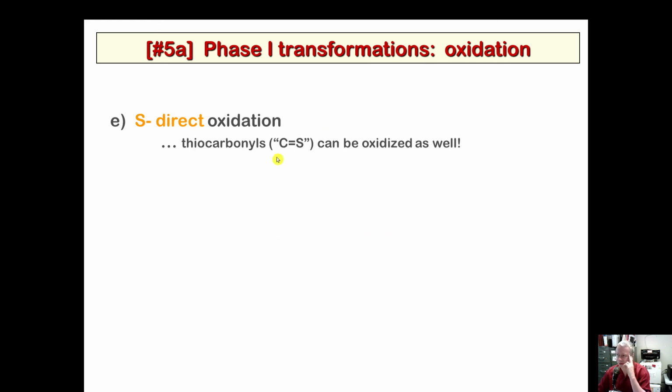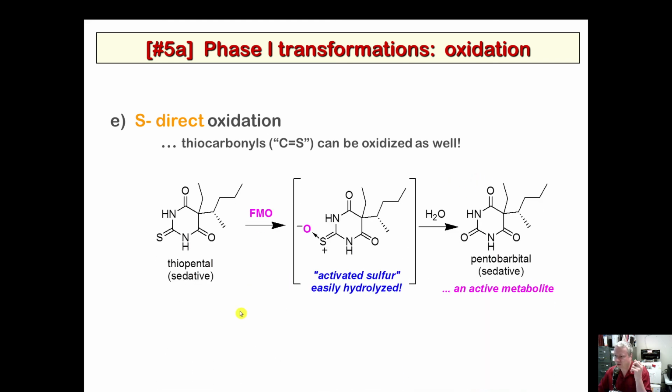What about thiocarbonyl? What is a thiocarbonyl? It's C double bond S. It's a different functional group. It can be oxidized as well. Sulfur is just notoriously easy to oxidize. So thiopental is a sedative. It's kind of in the barbiturate class of compounds. Barbiturates all kind of look like this, a 6-member ring, some double bond O's. Pentobarbital is a classic barbiturate also. Okay, so anyway,